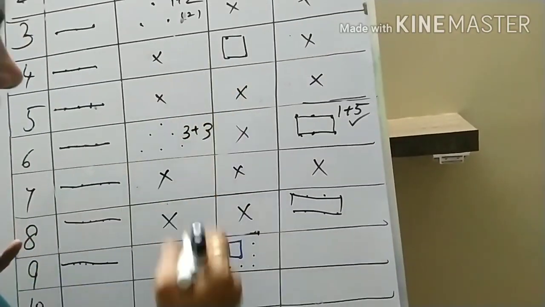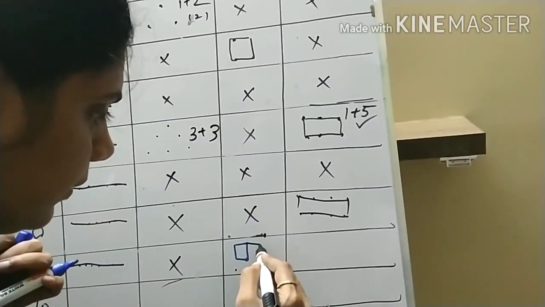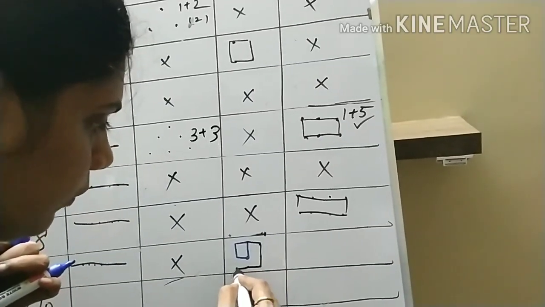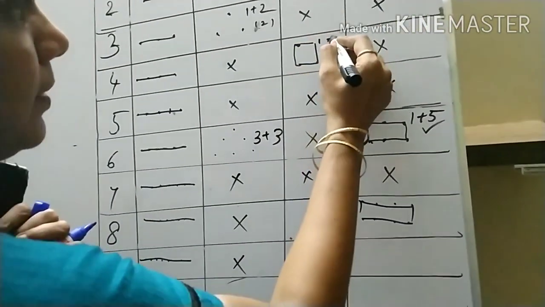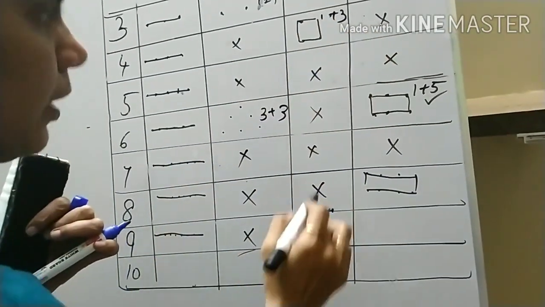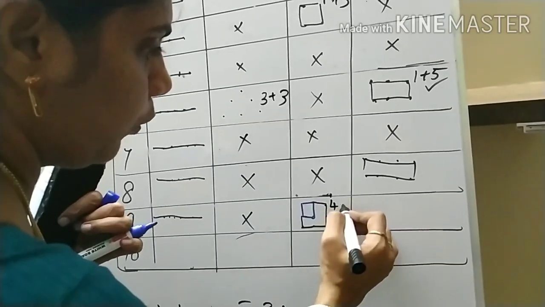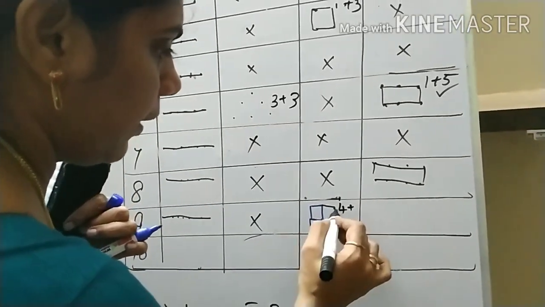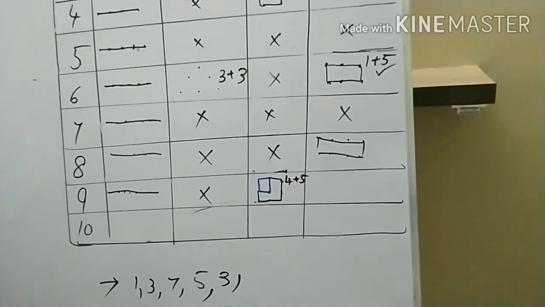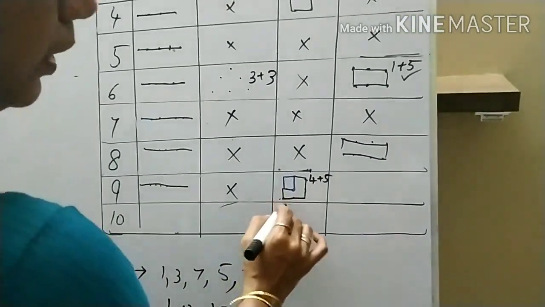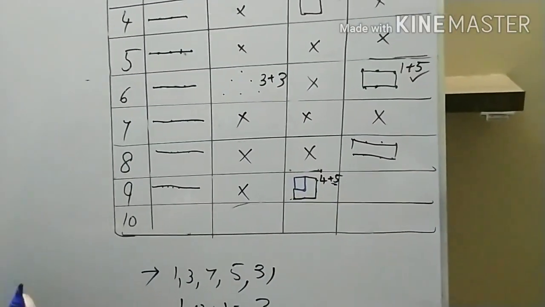So this one. Remaining, how many dots have we added here? 1, 2, 3, 4, 5. Already you have one basic dot plus 3. How many? 4. So already 4 formed. 4 plus how many dots have you added? 1, 2, 3, 4, 5. That is your 9, right? So to form another rectangle, you have to take 5 more dots.